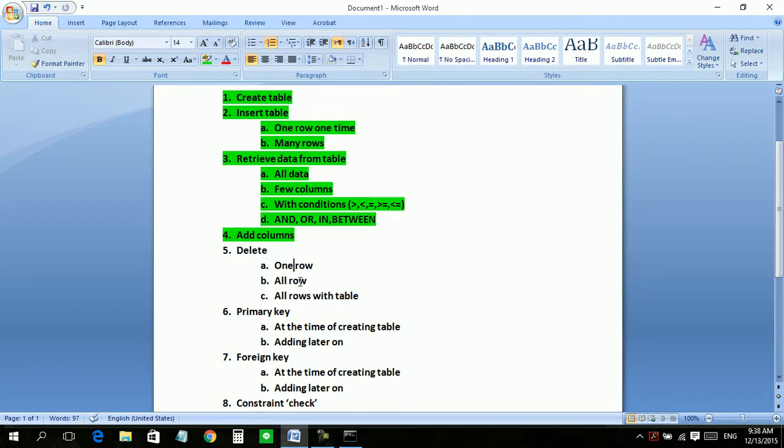If we delete all rows, all data will be deleted, but the table with its structure will be there. But if we want to keep neither our data nor our table, we will use this command. Okay, one row, all rows and table. Let us see how.